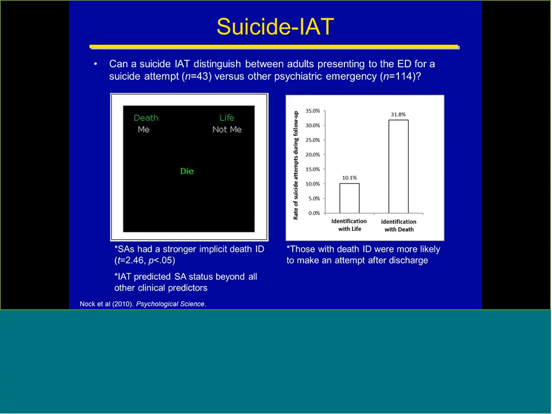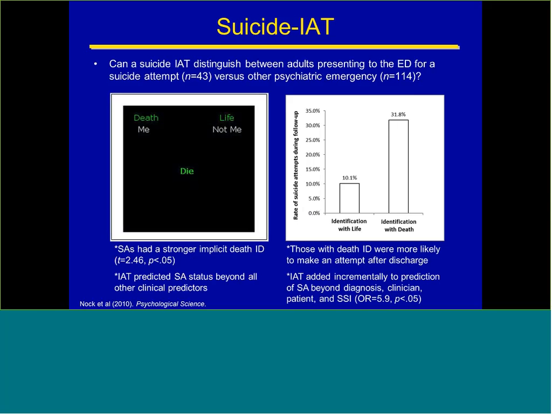And those with a positive D-score, who we say have an identification with death, 30% of them made a suicide attempt over the next 6 months, compared to 10% of people with a negative D-score. So this test predicted who made a suicide attempt in the next 6 months. Most excitingly to us, scores on this IAT added incrementally to the prediction of suicide attempt above and beyond chart diagnosis,